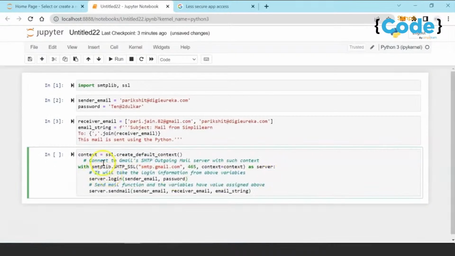Okay, so we need to connect to Gmail's SMTP outgoing mail server. Then we need to provide the login information and then send the email. So now when I execute this,